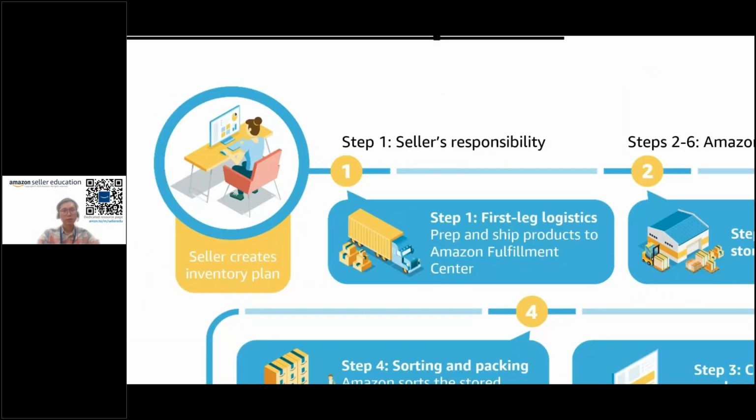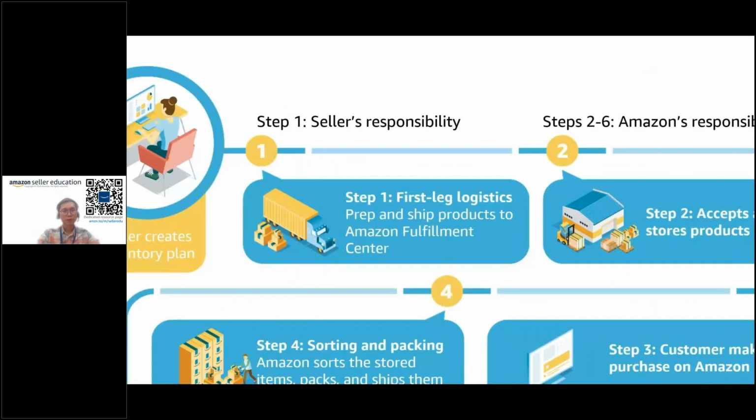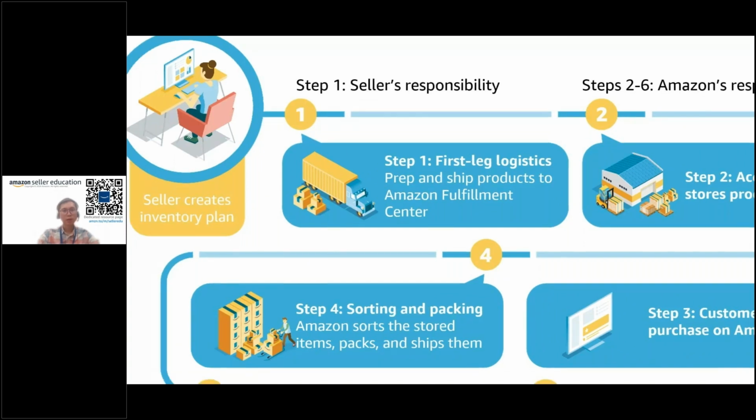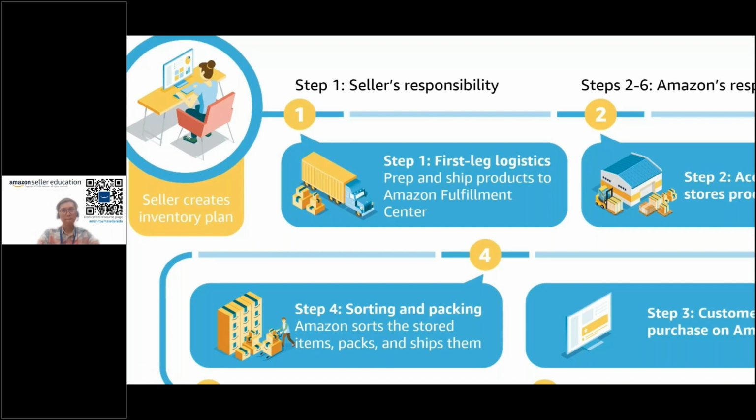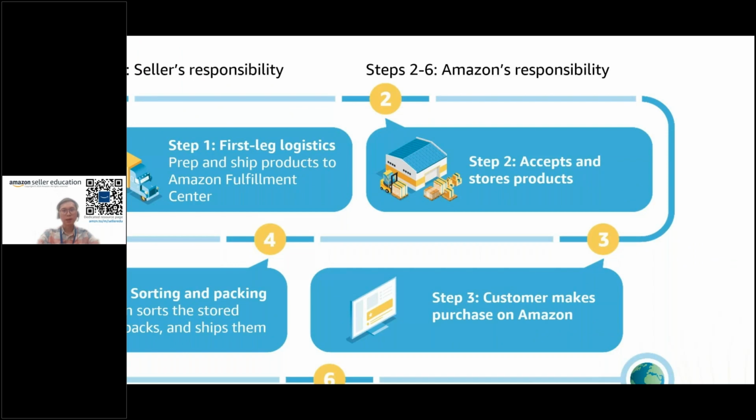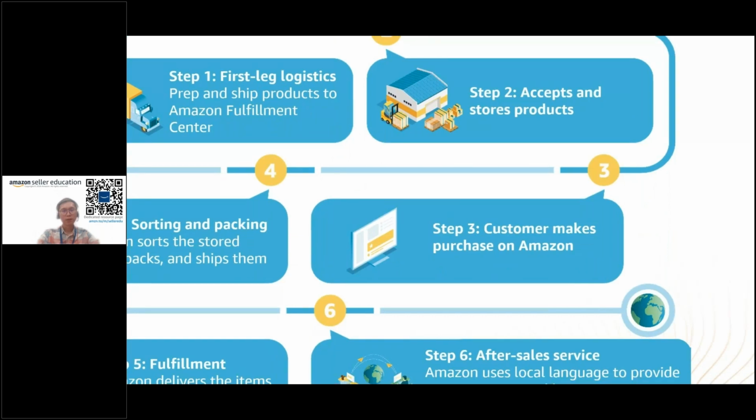On step one, this is the seller's responsibility, which is your responsibility. You can decide on your first mile or first leg logistics, the logistics that you want to use to ship it to the FBA fulfillment center. When the product reaches the fulfillment center, it will be accepted by the Amazon side of things. So if anybody makes a purchase, then on step three,